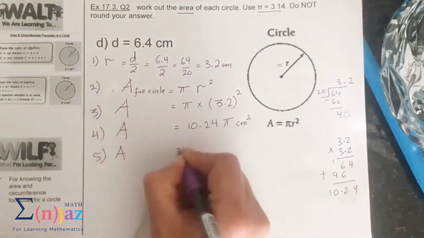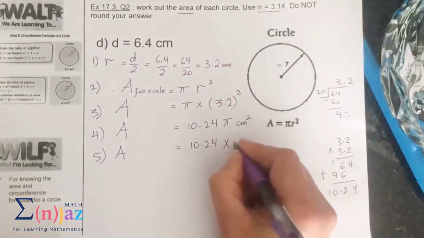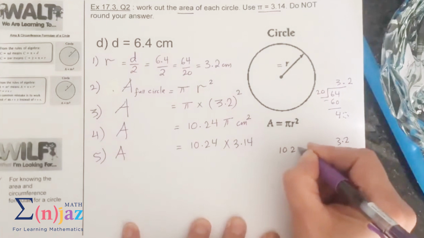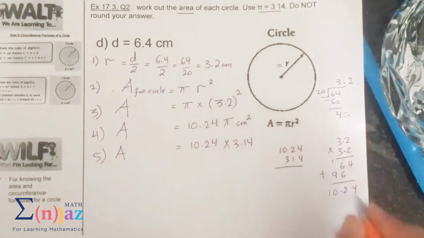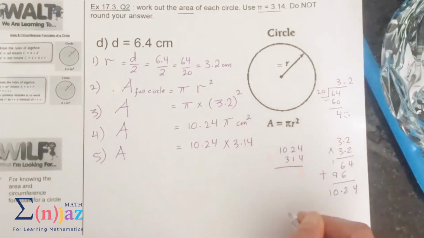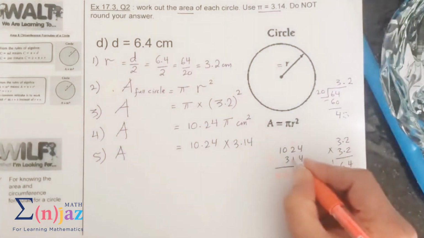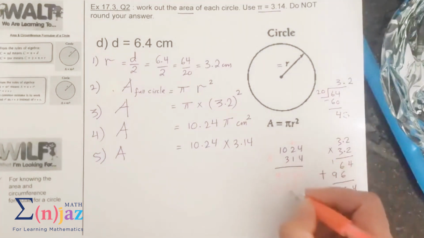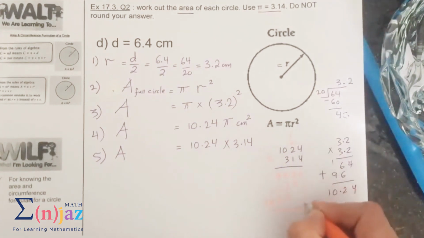Now, I'm going to replace the pi with 3.14, so 10.24 times pi, which is equal to 3.14. I'm going to multiply here, so it's 1024 times 314, and we are multiplying. 4 times 4 is 16, 4 times 2 is 8, plus 1 is 9, 4 times 0 is 0, 4 times 1 is 4. 1 times 4 is 4, 1 times 2 is 2, 1 times 0 is 0, 1 times 1 is 1, 3 times 4 is 12, 3 times 2 is 6, plus 1 is 7, 3 times 0 is 0, 3 times 1 is 3, add 6,